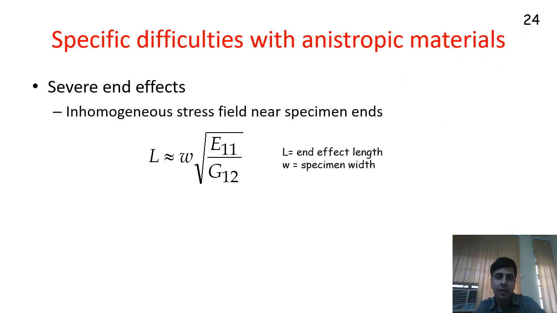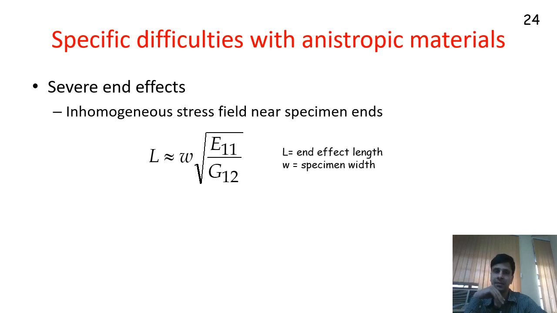Another problem is the severe end effect. Near the sample end, there are going to be inhomogeneous stress fields. Inhomogeneous stress field means, as I said, in the gauge length, you want the state of stress to be uniform, so that then you can average whatever stress is there in the entire gauge length and then relate it to the modulus. However, for anisotropic materials, usually at the edges you will have some sort of inhomogeneous stress field leading to failure